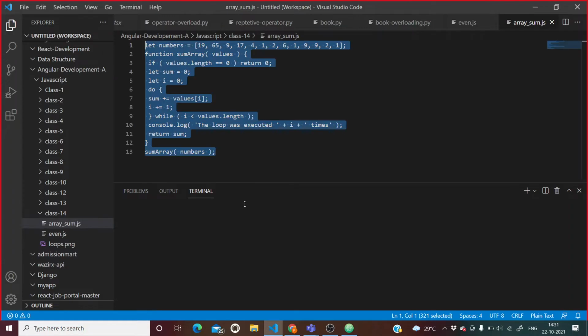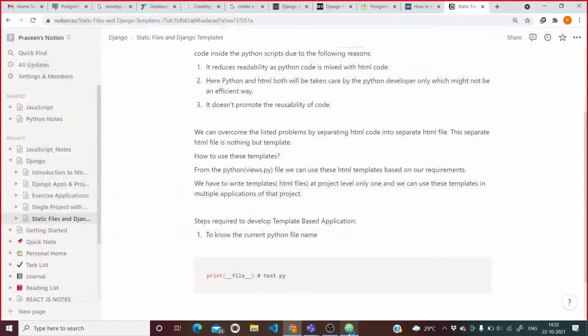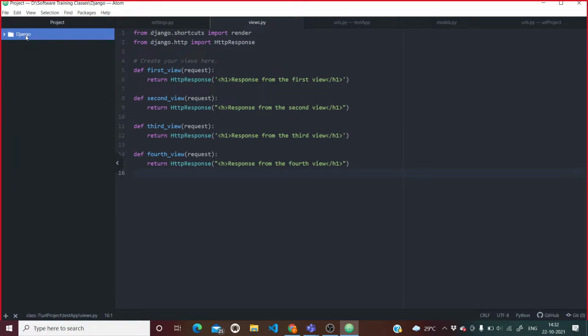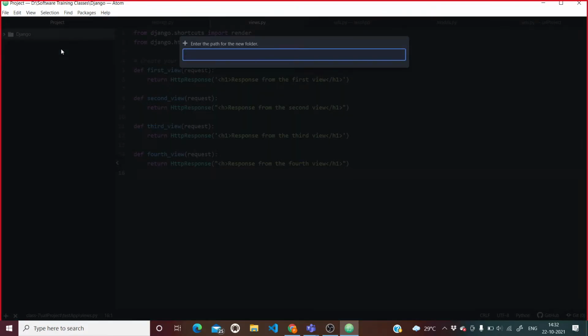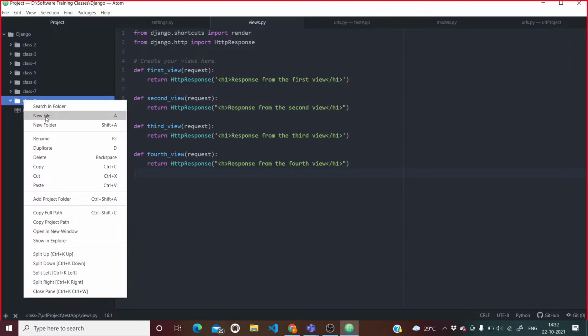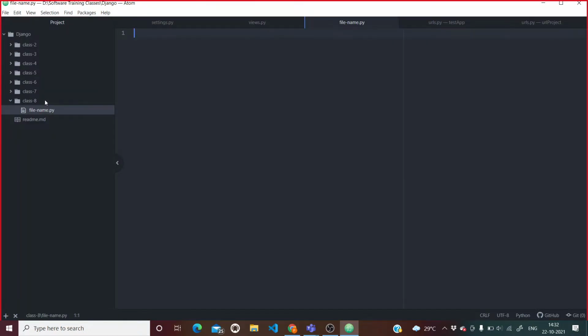I just want to know the current folder, so I will create a class folder, class 8. In this class 8, I'm going to create a file, file name dot py, and here I'm going to write print dunder file. It will give the current file name.